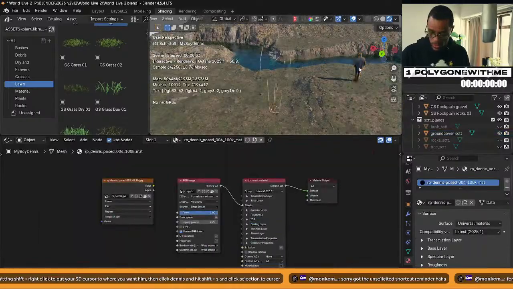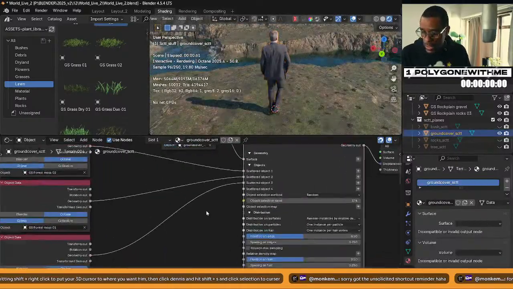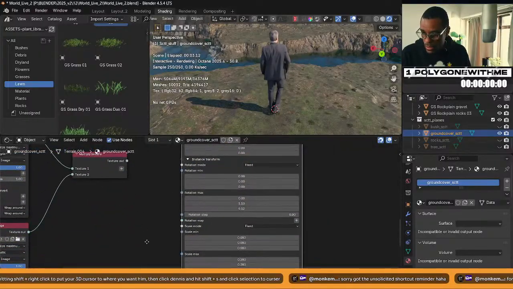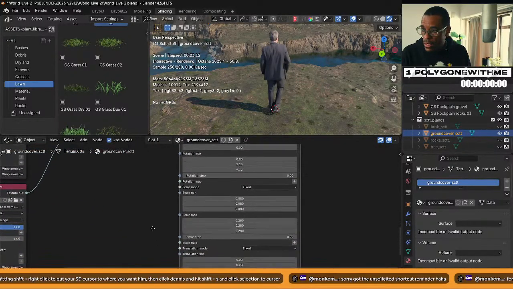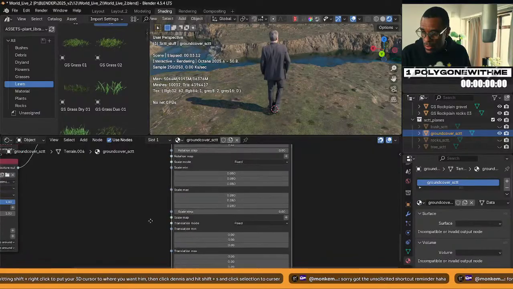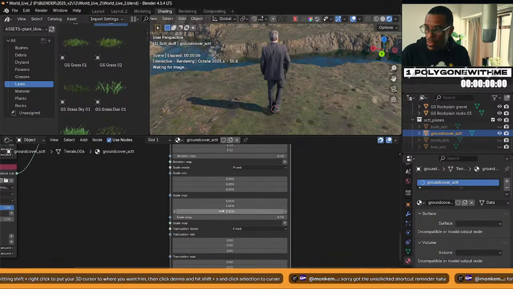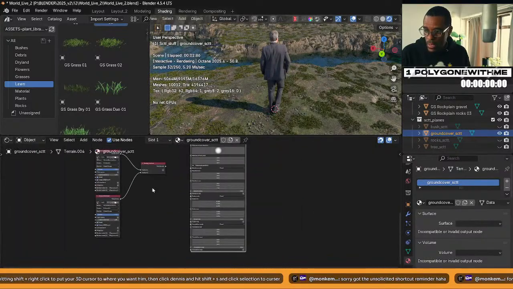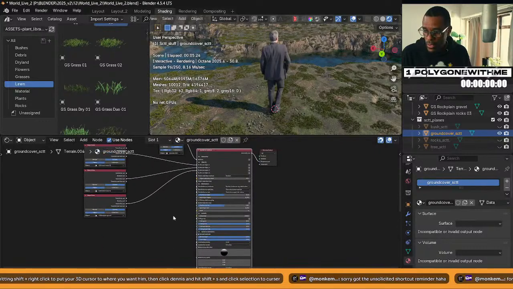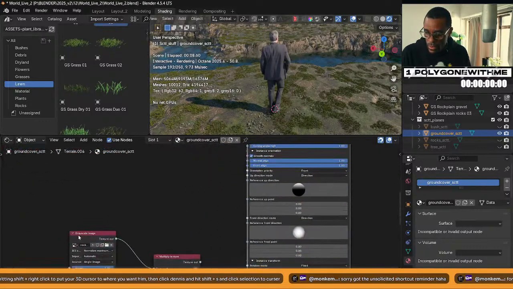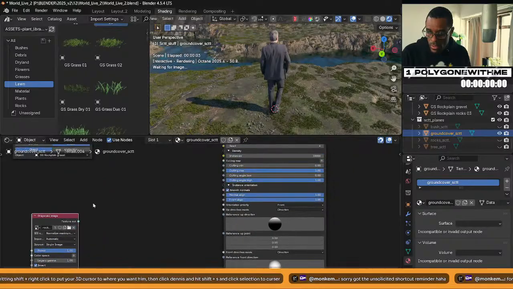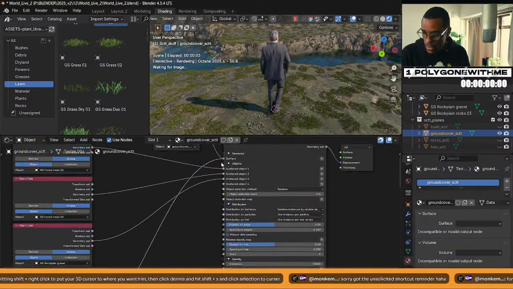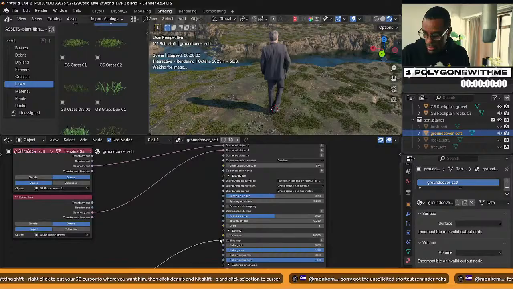All right, let's grab over here by Dennis. Ground scat. Oh, okay. Yeah, there we go. I'm liking that. And we definitely need a mask on that. I don't want any of that to be on the slopes. I also can paint with this. I can object mask paint and do all that, but